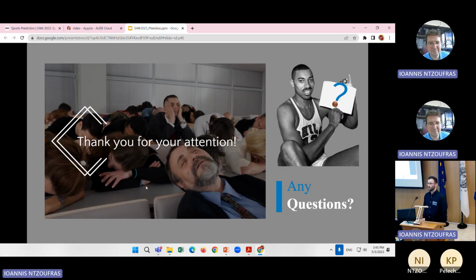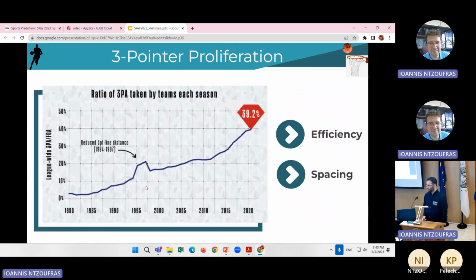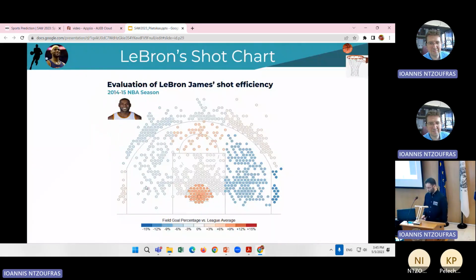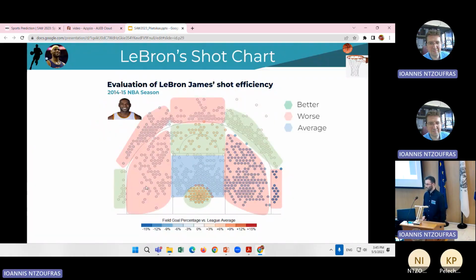I have a more game theoretic question. When you showed LeBron's shooting abilities throughout the court, I had a similar idea myself some time ago. I'm sure that the Lakers know this, so they should have told or advised LeBron where to shoot. But at the same time, the other teams know this and they know how to guard LeBron. So if we see this from a game theoretic point of view, what happens there? I mean, you understand what I'm saying?